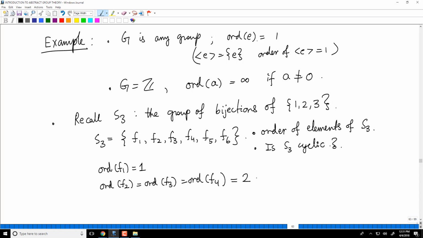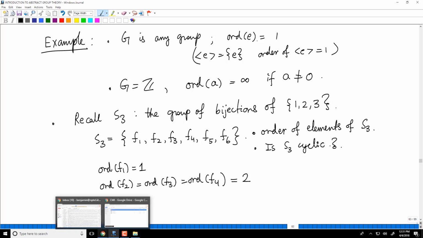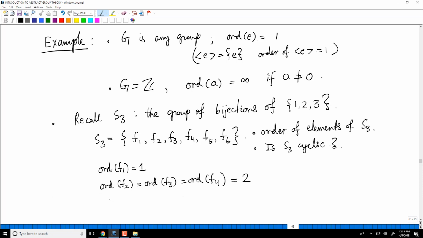For example, if you do the calculation, you will see that the subgroup generated by F2 is just F1 and F2, because F2 squared is just F1.